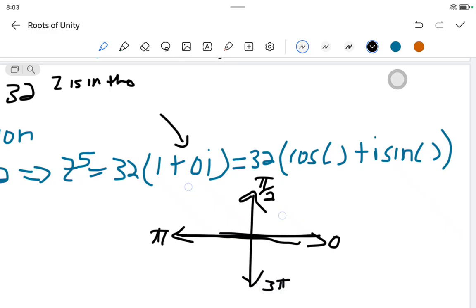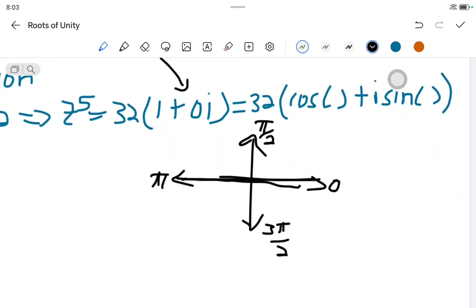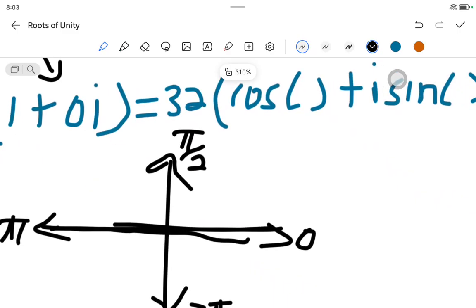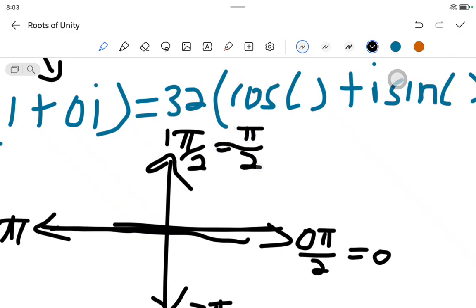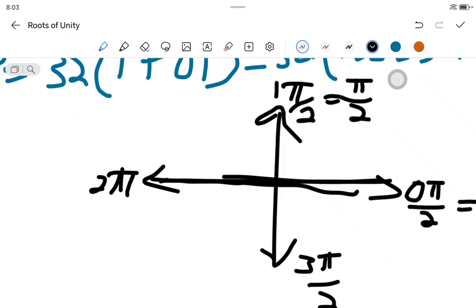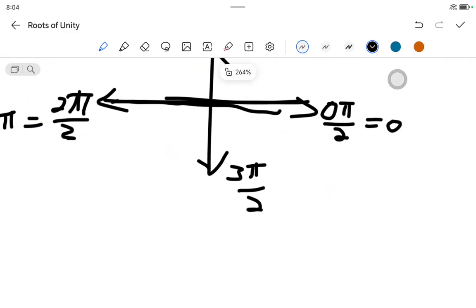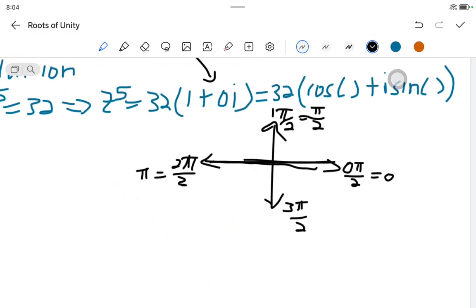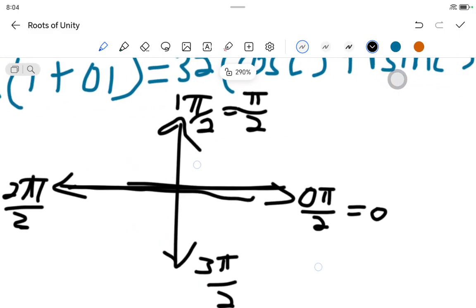3 pi over 2. If you want to know, this is how you write these things. It's 0 pi over 2, which gives us a 0. Here it's 1 pi over 2, which gives us pi over 2. Here it's 2 pi over 2, which gives us pi. And here it's 3 pi over 2, which gives us that. Now,